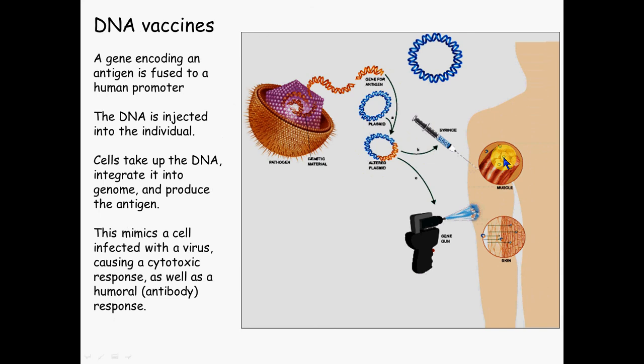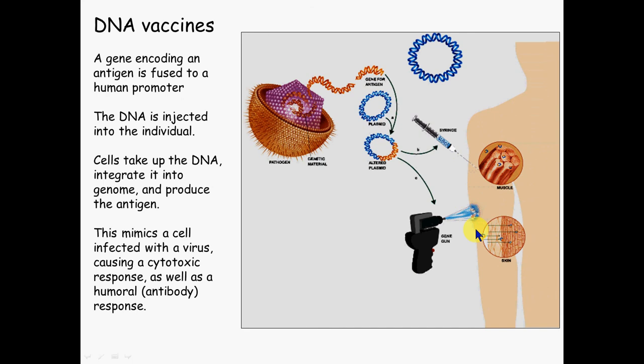So basically, instead of injecting a person with an antigen, you inject the person with DNA and let the person make the antigen. And that is considered to be kind of a good mimic of a viral infection. So this apparently has great promise, injecting people with DNA and letting the person make the antigen. It can be done with a hypodermic syringe. There's also these